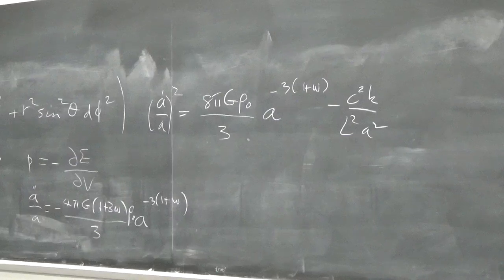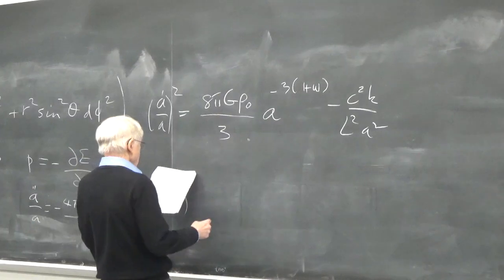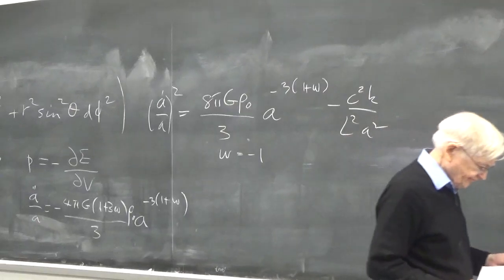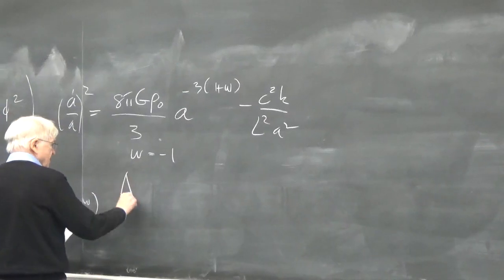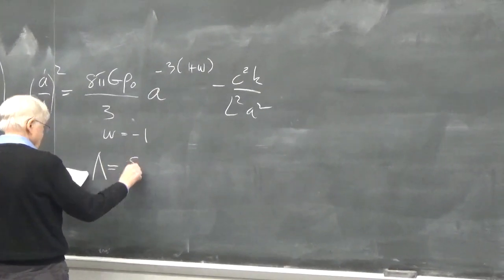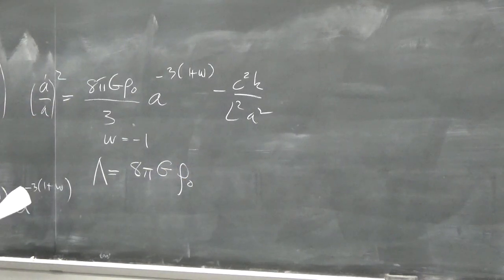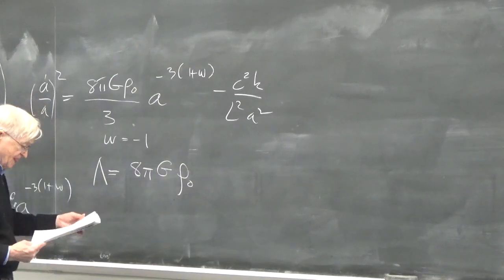So what we can do now is look at particular cases for W. One case is W equals -1. So this is just dark energy. And this means that we have a cosmological constant, and the cosmological constant then is 8 pi G times rho 0. This is sort of an unrealistic example. Let's just take this to be the present density of dark energy. Then